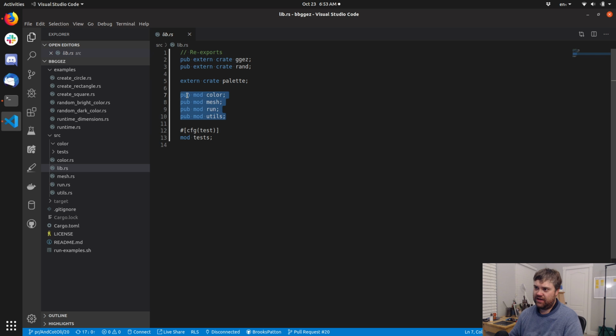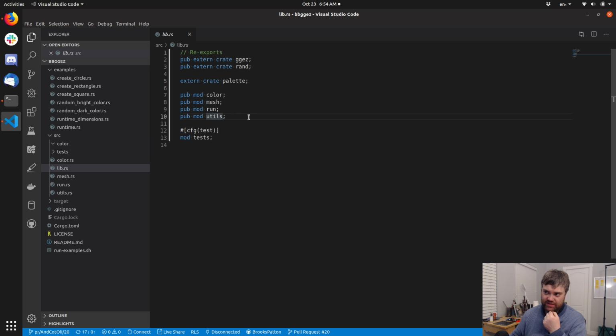And then these are all the mods, all of the modules that we're making available, like color, mesh, run, and utils. Then we're bringing in sort of the tests here. And so this is the big hang up, is what are we going to do with